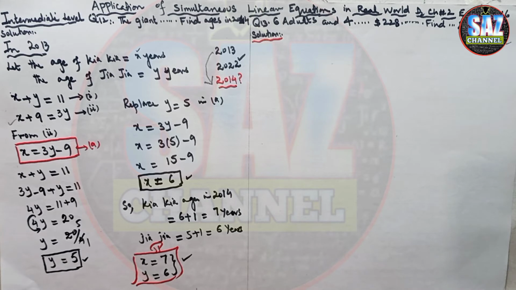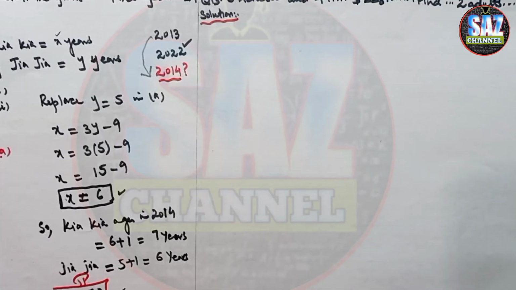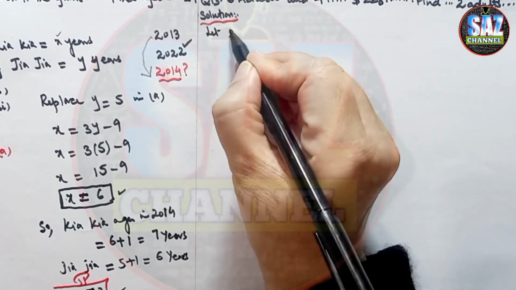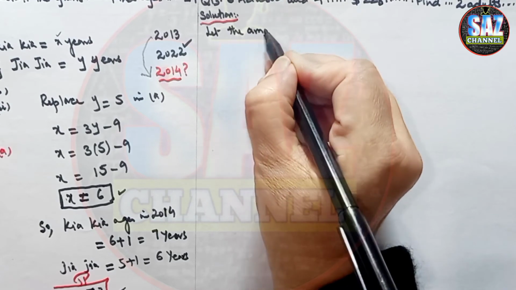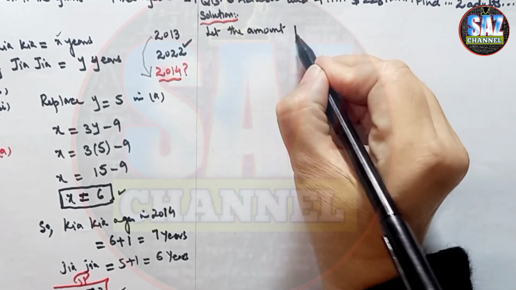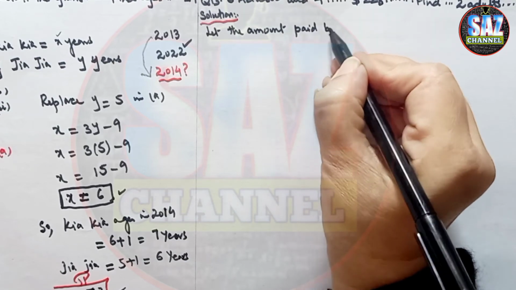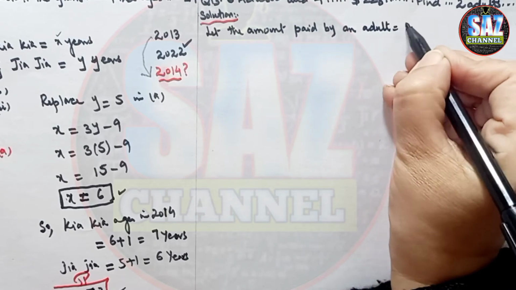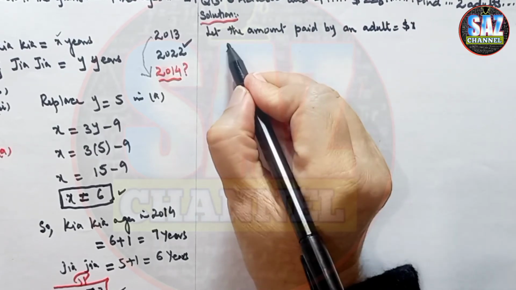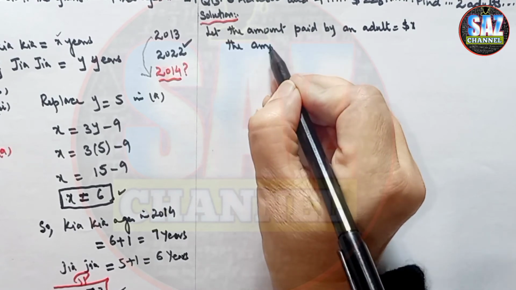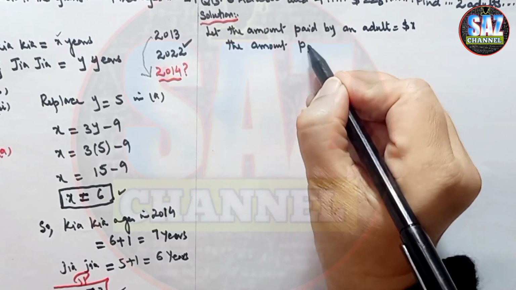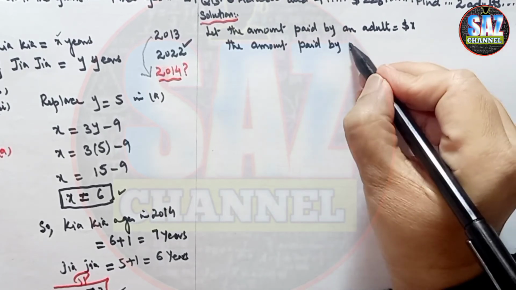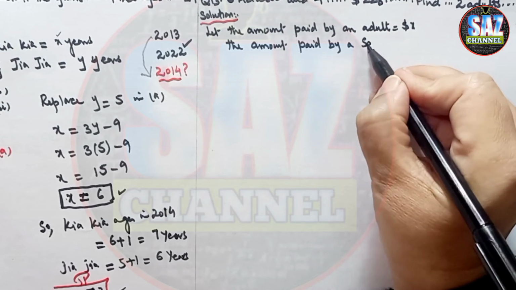First we are going to suppose that the amount paid by an adult equals $x, and the amount paid by a senior citizen equals